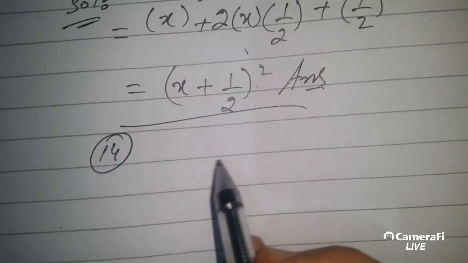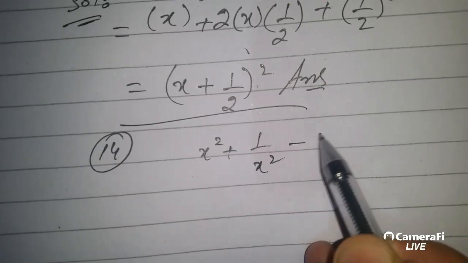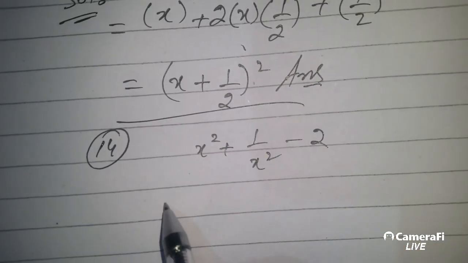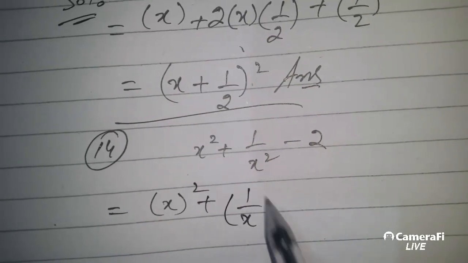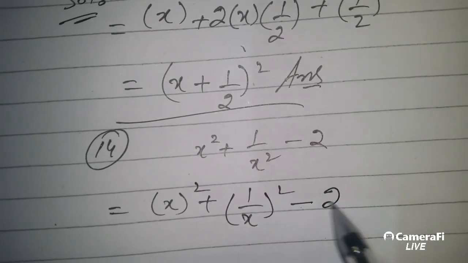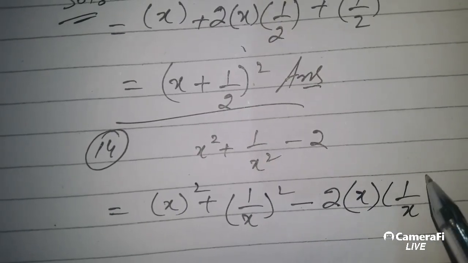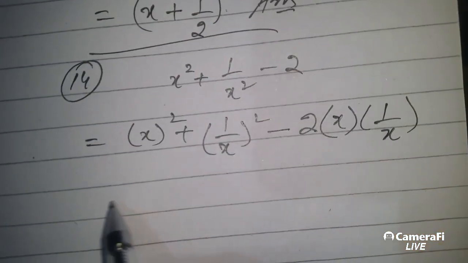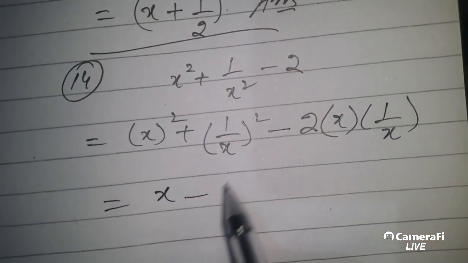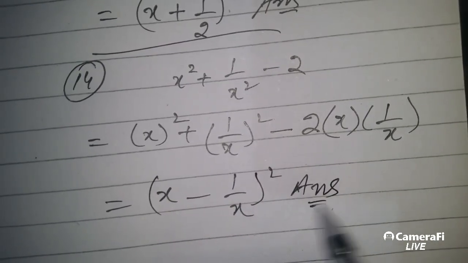14 पे चलते हैं। आई एम डूइंग इट रादर क्विकली। सो अब यहाँ पर आप देखें जी, पहली रकम का स्क्वायर है, दूसरी रकम का स्क्वायर है, उसके बाद -2 फार्मूले का होता है, पहली रकम यहाँ से उठाई और दूसरी रकम यहाँ से उठाई, तो ये दोनों रकमें आपस में यूँ कैंसिल हो जाएंगी तो 2 आ जाएगा। इसका मतलब ये हुआ कि x - 1/x का ये होल स्क्वायर बन रहा है।